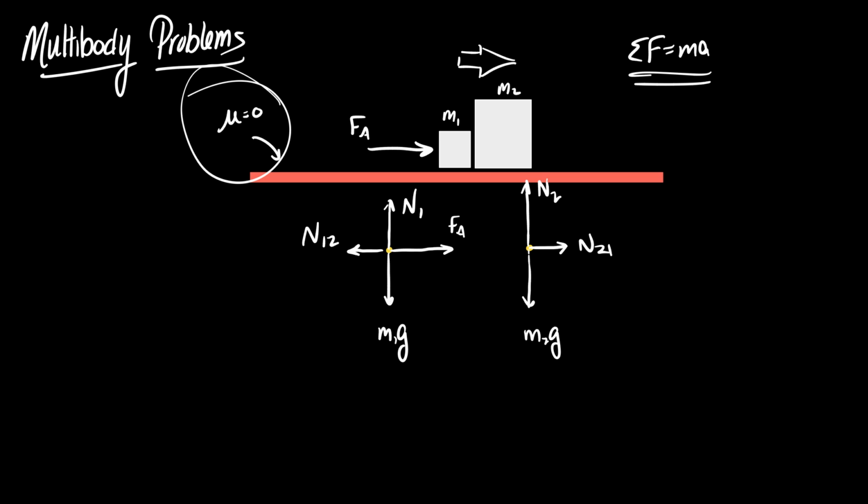So we apply our rules. We have a variety of rules. Let's start with box 1. I'm going to make to the right positive. And here's one addendum to your list of things. It's not really an addendum. It's just something I would consider. I would make the positive direction the direction of the likely acceleration. I think both boxes will accelerate to the right. I'm going to make to the right positive for both boxes.